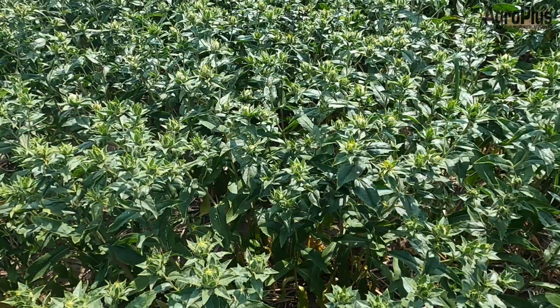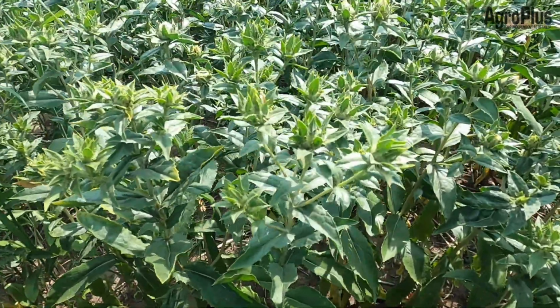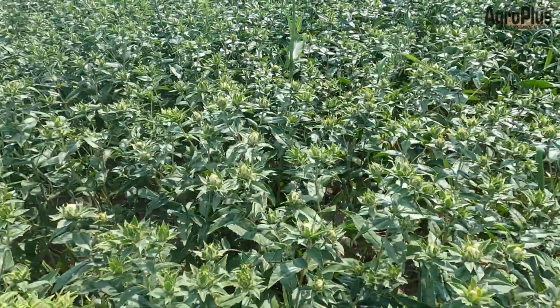weekend. Oh, the safflower is looking pretty good this week. You can see we do have some nice flower buds starting to form on the tips of all those branches. So probably in a week or two, this field is going to be in flower and it'll look